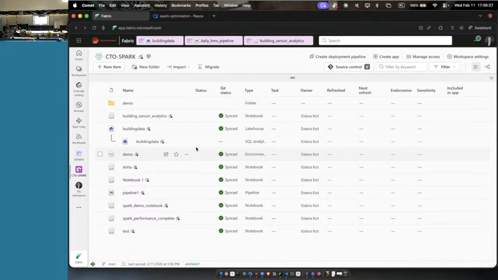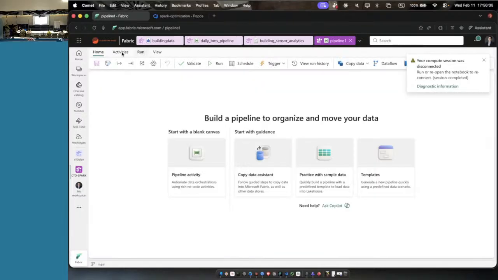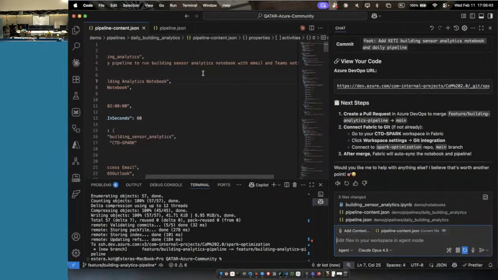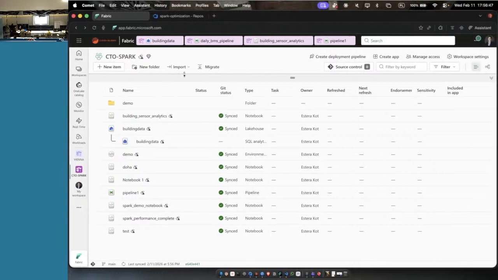Everything is synced. It's empty, and I don't want to jump and skip it, but we have a JSON here. Maybe I will finish in a week if that would be possible.